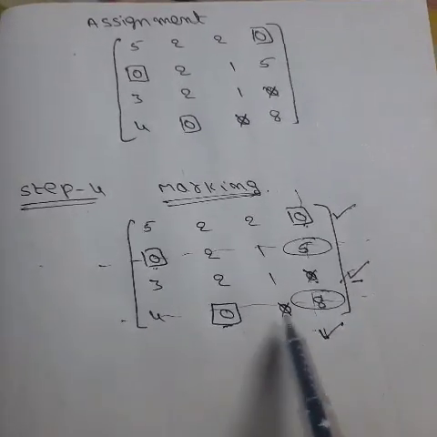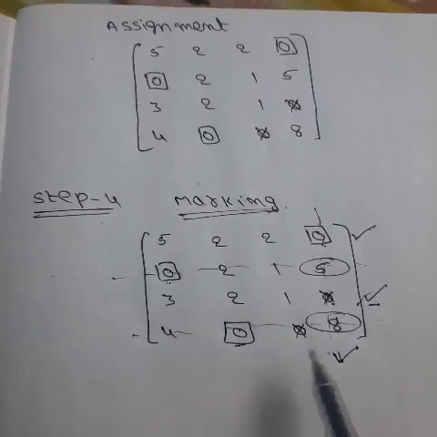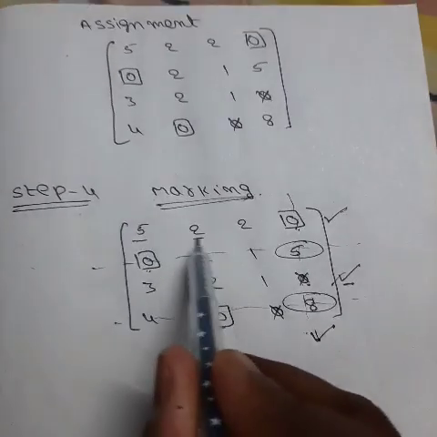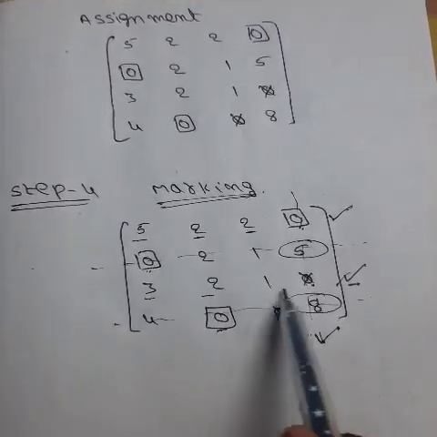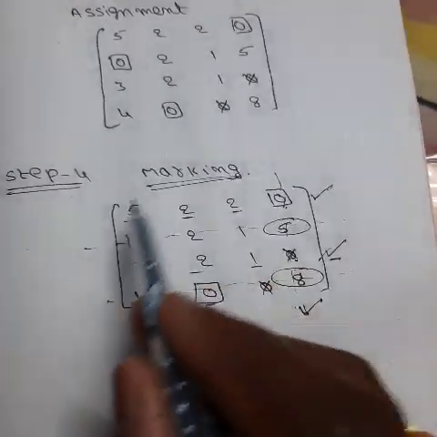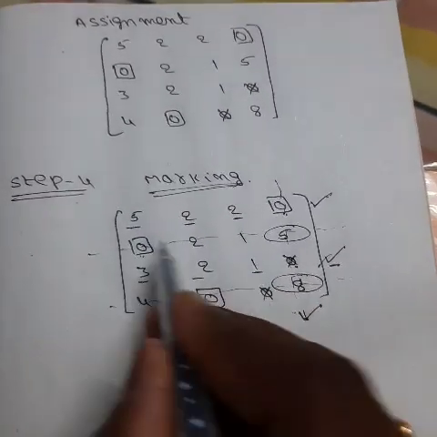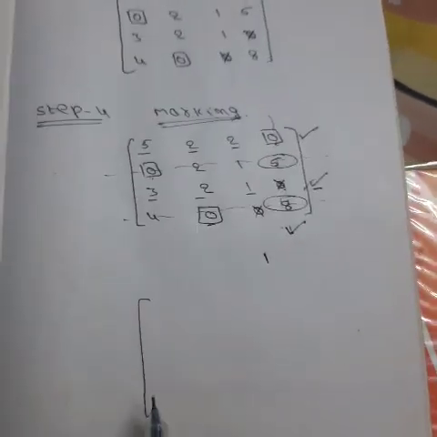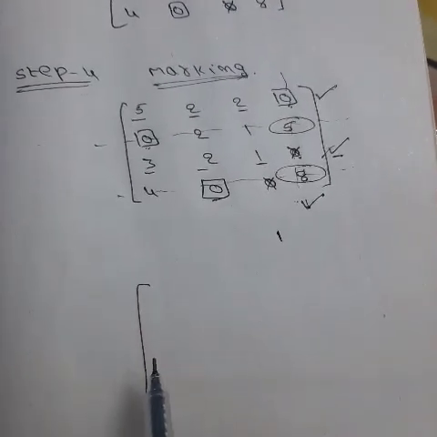Let us mark them so that we can easily identify them, and identify the values that are not struck off, and select the smallest number from these remaining numbers. The smallest number is 1. And next you have to find a new